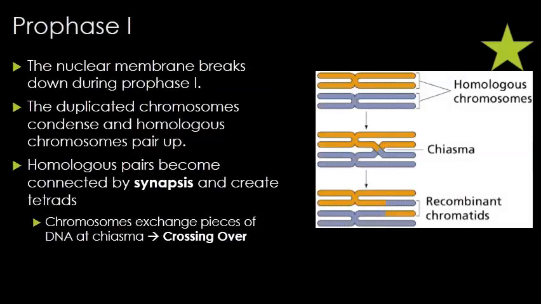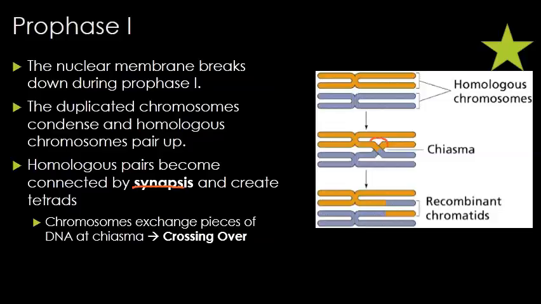Prophase 1 is very different from prophase in mitosis because instead of the chromosomes all lining up on the metaphase plate, the homologous chromosomes pair up. Because they are pairing up, they're connected by a process called synapsis during prophase 1. That means that they are going to be very close to each other, and an exchange of genetic material can